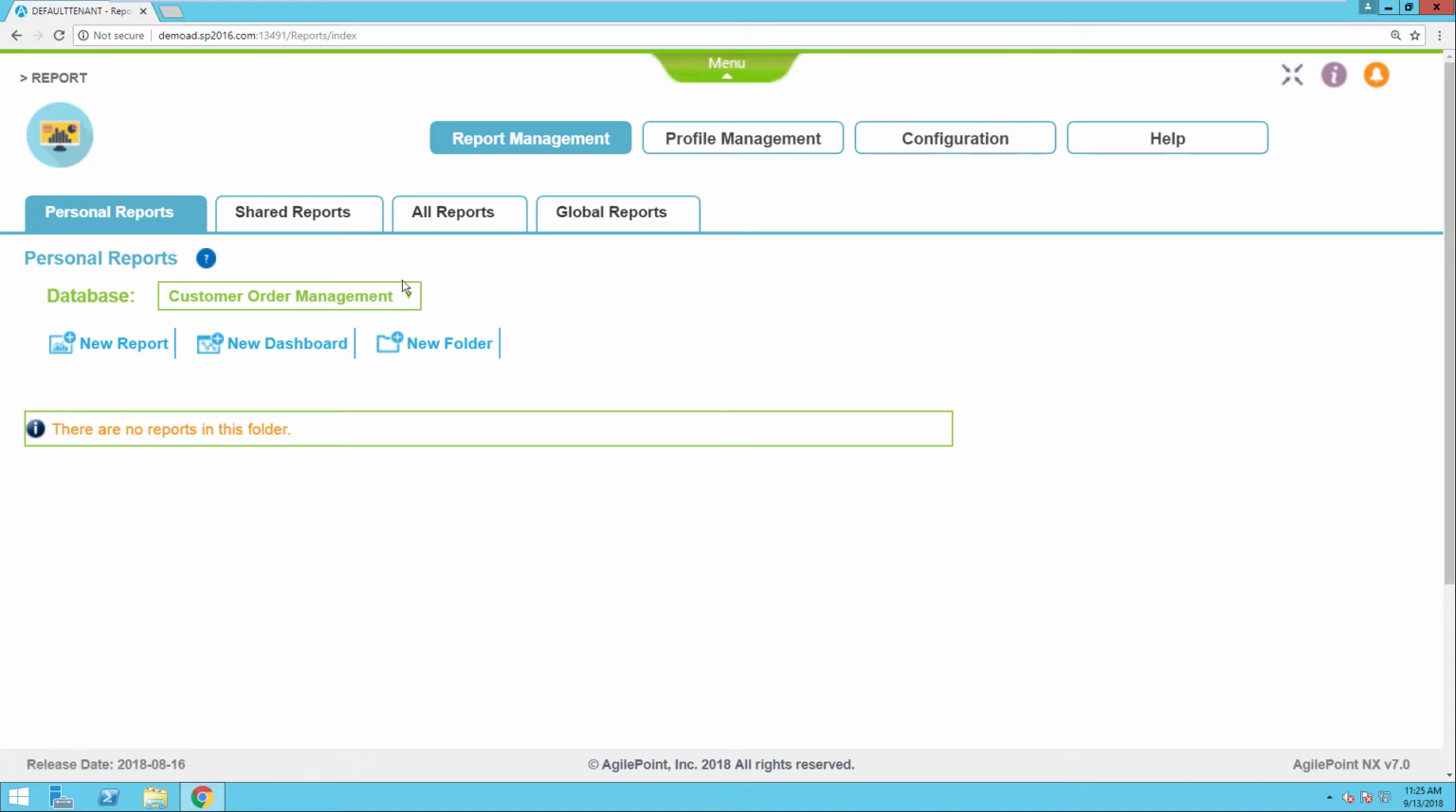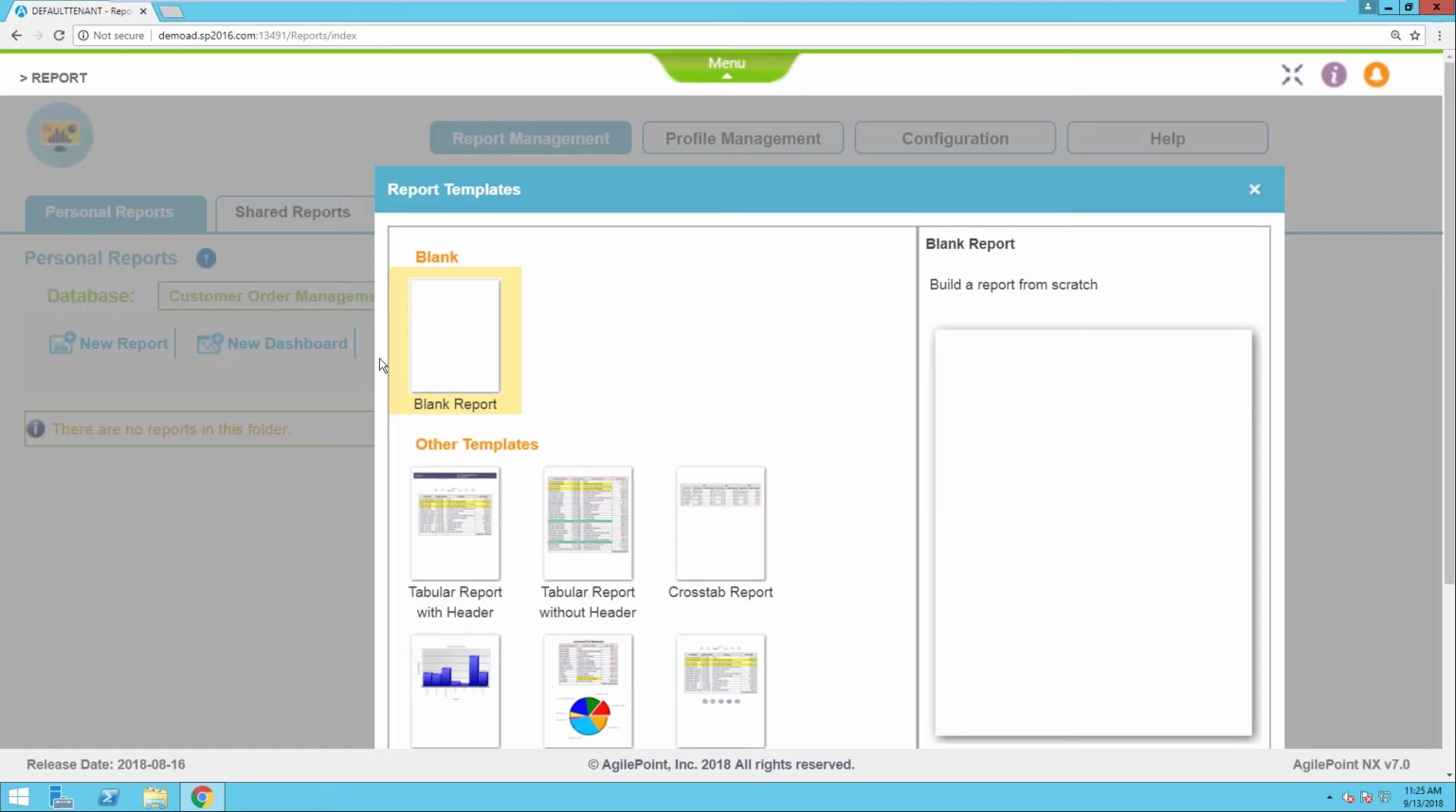The first thing that I'll want to do here is select my database, and as you can see, I have the customer order management table, which captures order details for an e-commerce store. All right, let's get started. I'm going to select New Report,